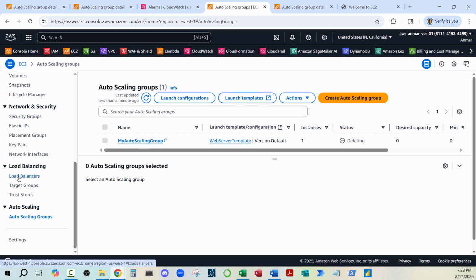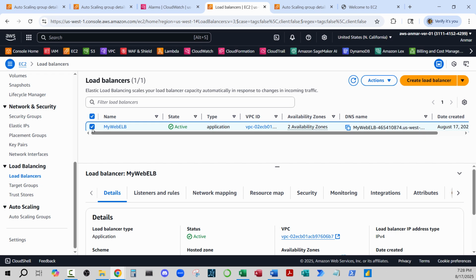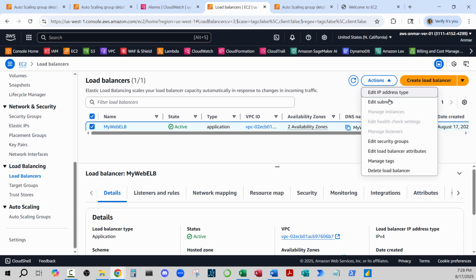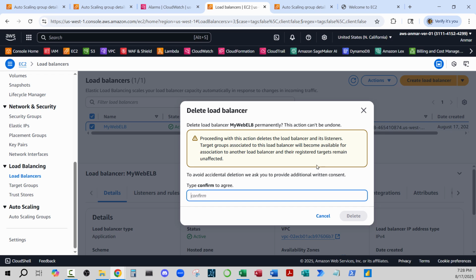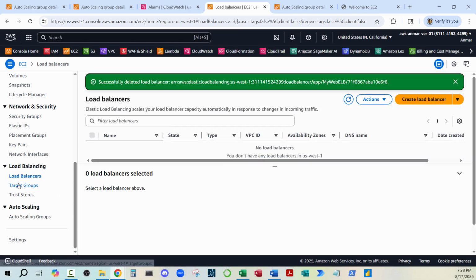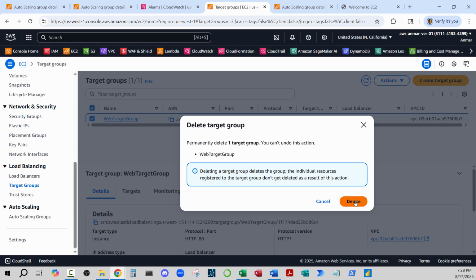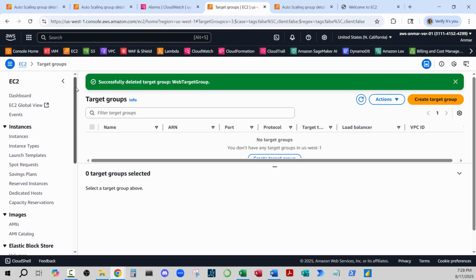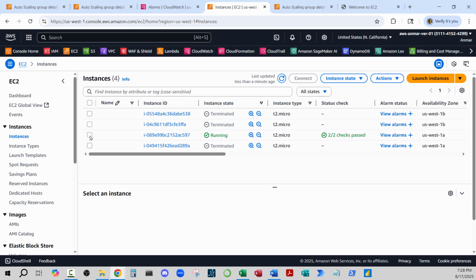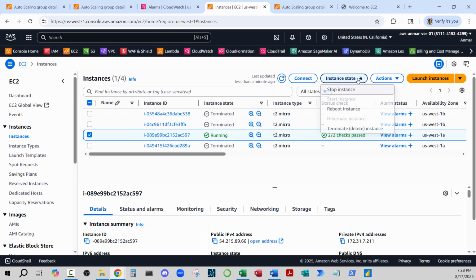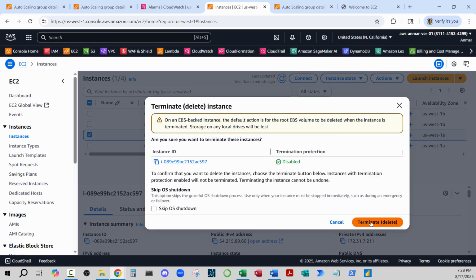Then go to load balancer, click on the load balancer, action, delete load balancer, confirm deletion. Then go to target group, click on the target group, action, delete, and click delete. And then go back to instances, select the one that's running, instance state, click right here and click terminate or delete instance. Click terminate